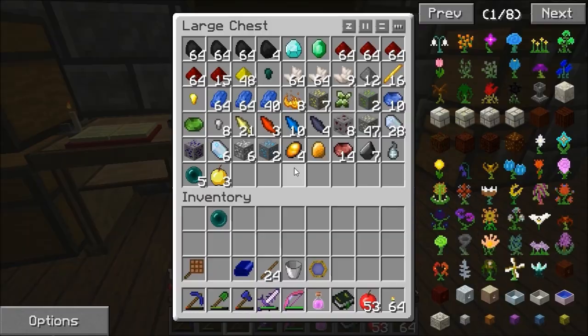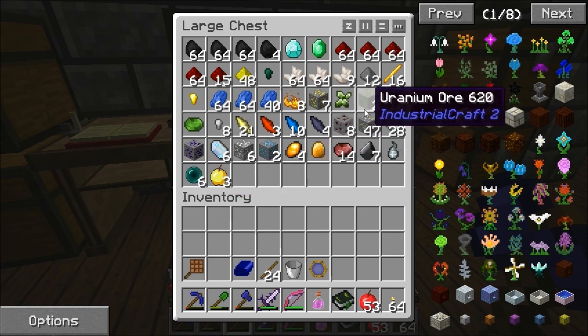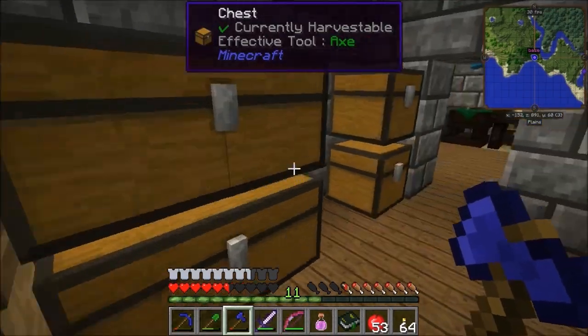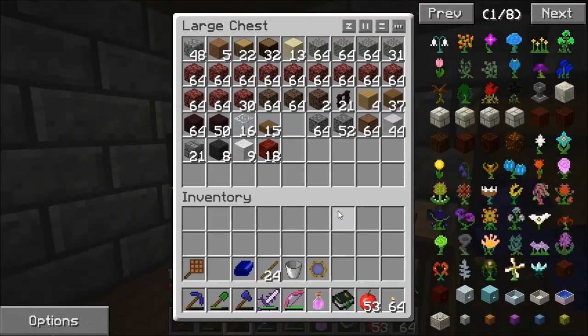And you can see, look, I've got 6 ender pearls. Very soon I'll be making an ender chest and an ender pouch. I need some leather for that, so I'll come back to that. What I need for this is, I believe...